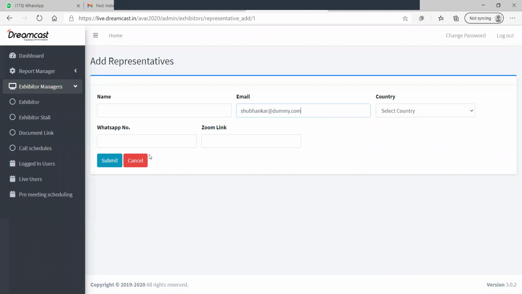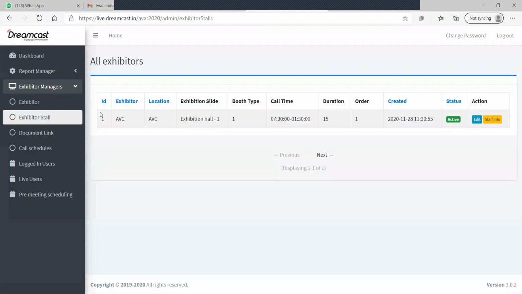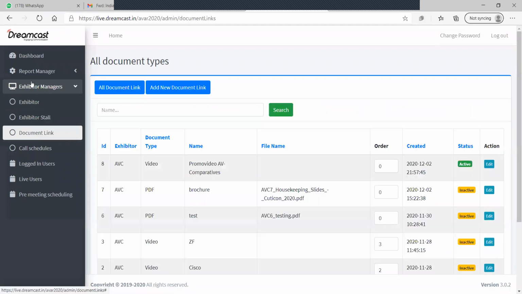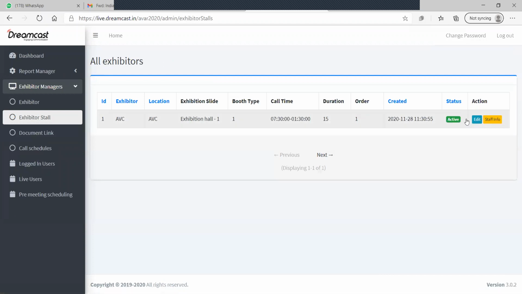The second part, in connecting with the consumer, you come to the exhibitor manager once again and go to the pre-meeting, exhibitor stall, and go to the edit button.